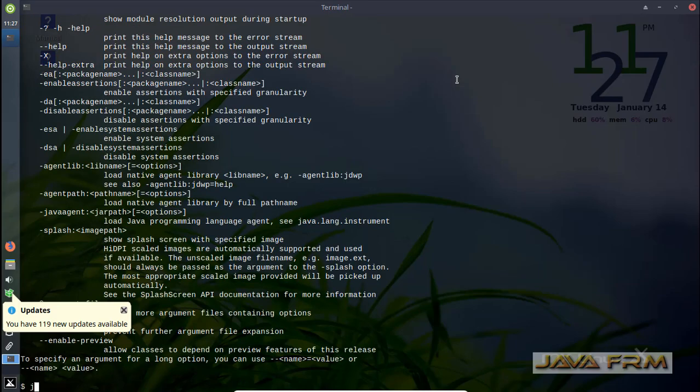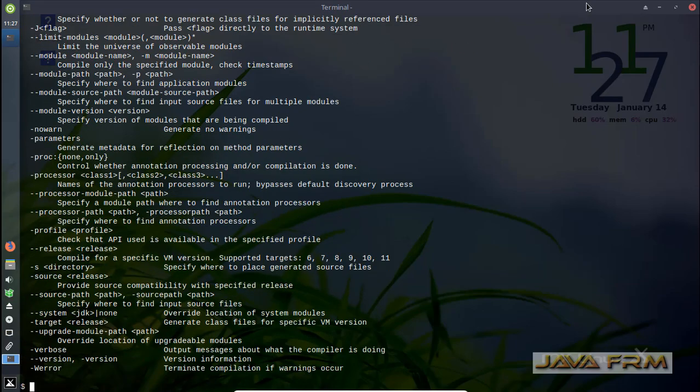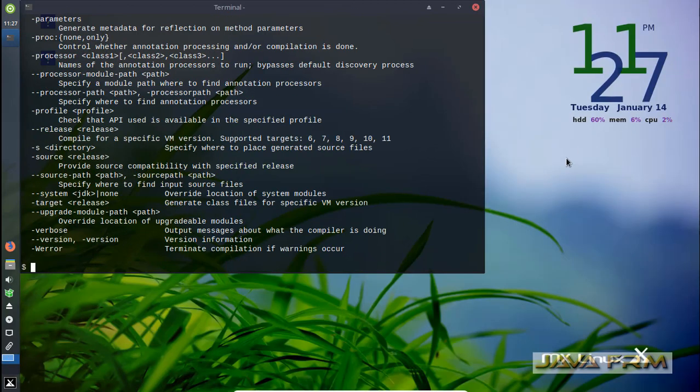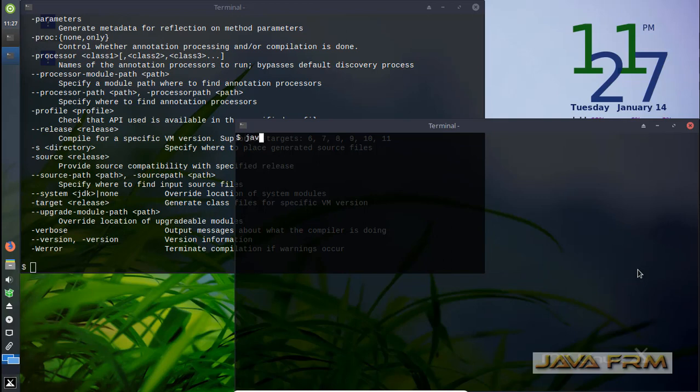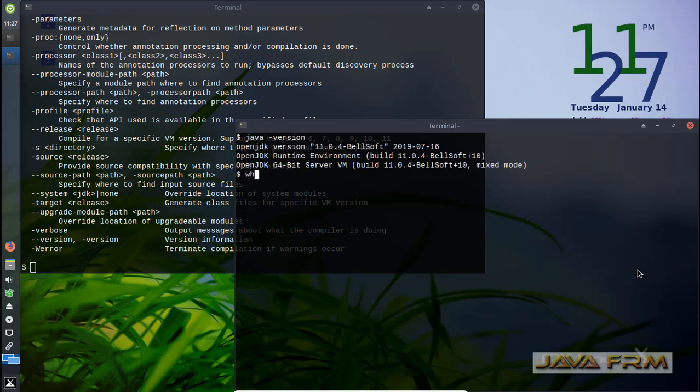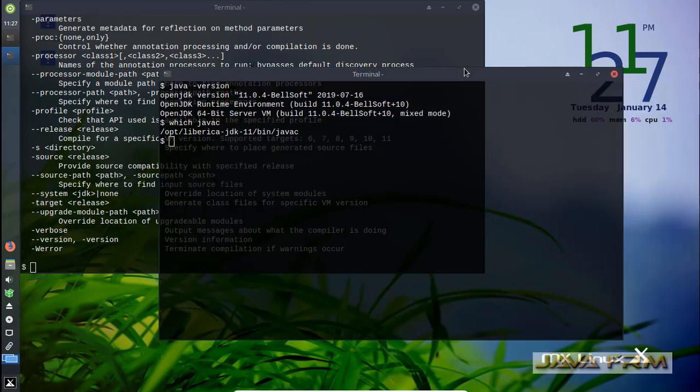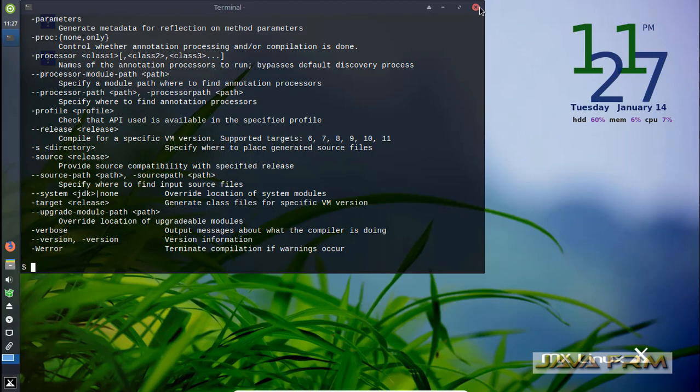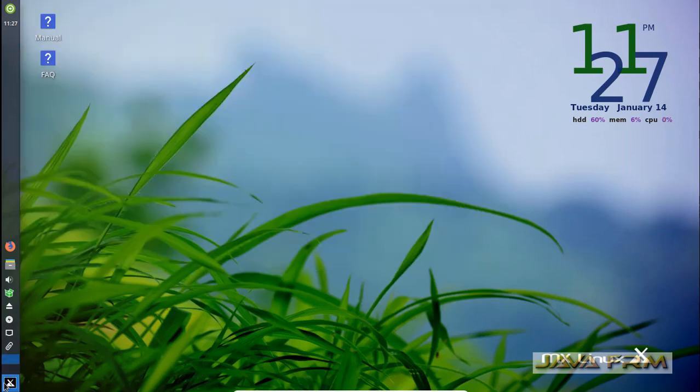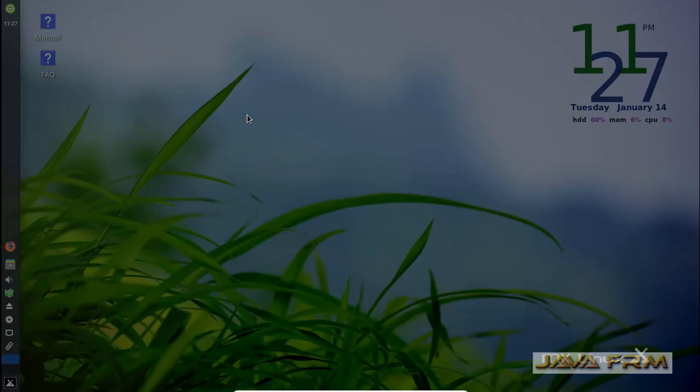So Bellsoft Liberica OpenJDK 11 is available globally now on MX Linux 19 operating system. All users who ever log into this machine can execute Liberica JDK 11 commands. So in multiple terminals it's working. So once again I'm going to log off.